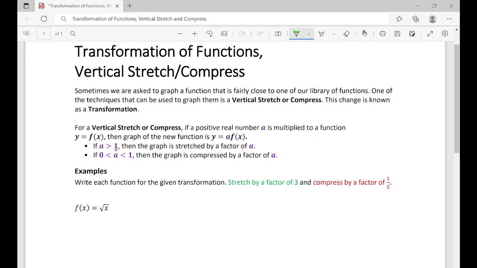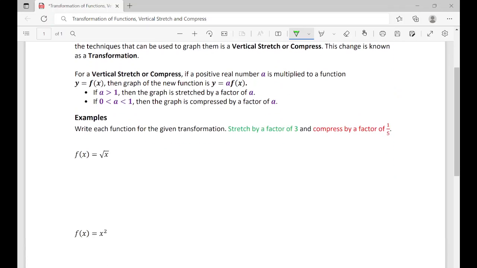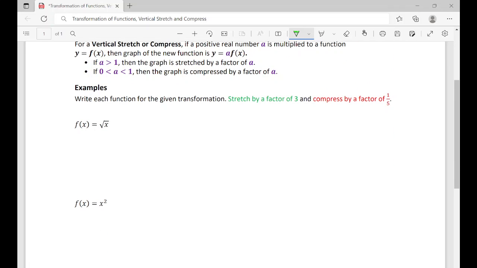So if a is greater than 1, then the graph is stretched by a factor of a vertically, and if a is between 0 and 1, then the graph is compressed by a factor of a vertically. So we're going to write each function for the given transformation, stretched by a factor of 3 and compressed by a factor of 1/5. So our function f of x equals square root of x,